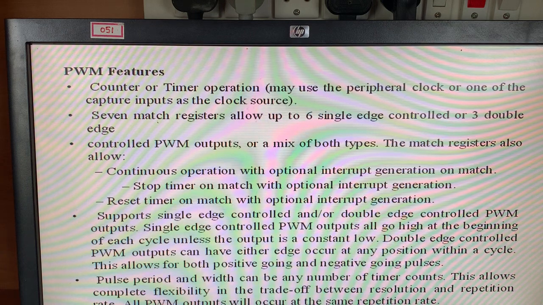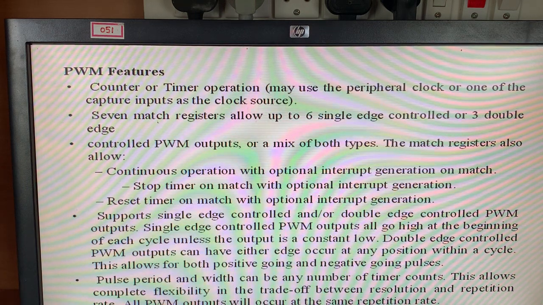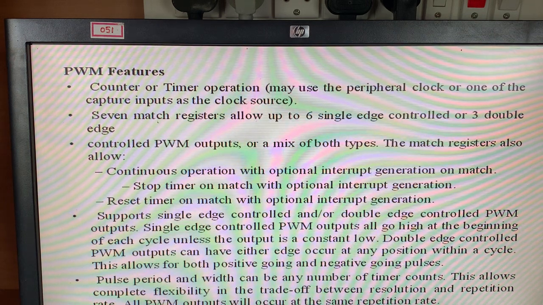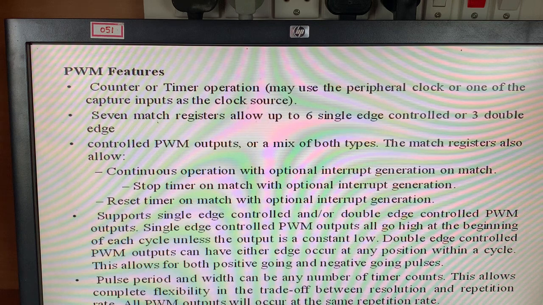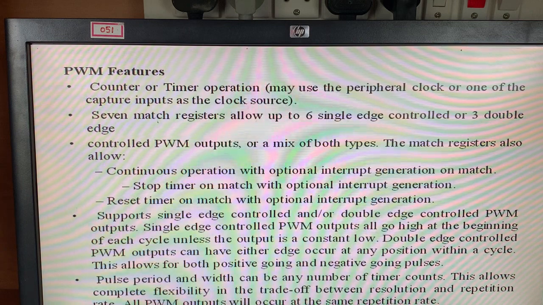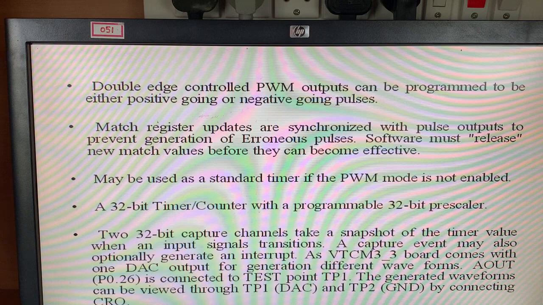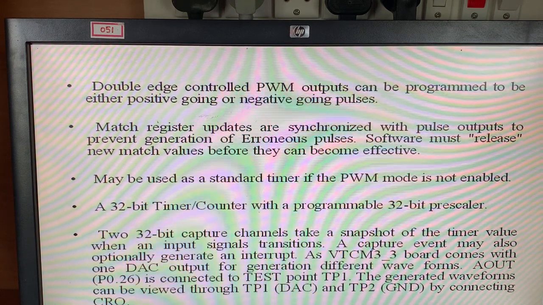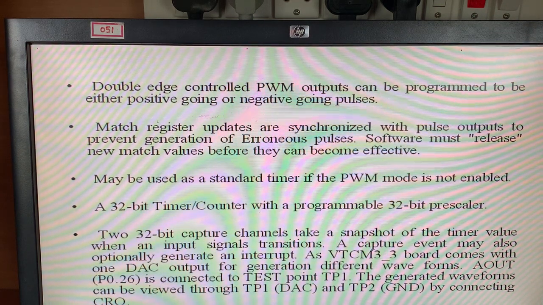Some of the features are described here. We have collected these features from the data sheet of the LPC 1768 series. It has counter or timer operation, and a clock can also be generated with this, and 7 match registers allow up to 6 single edge controlled or 3 double edge controlled outputs. There is also a 32-bit timer/counter with a programmable 32-bit prescaler.